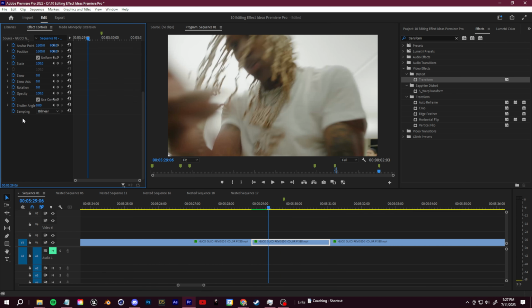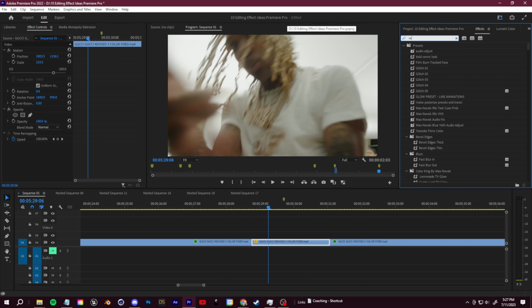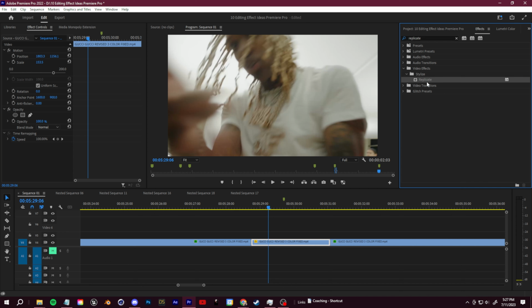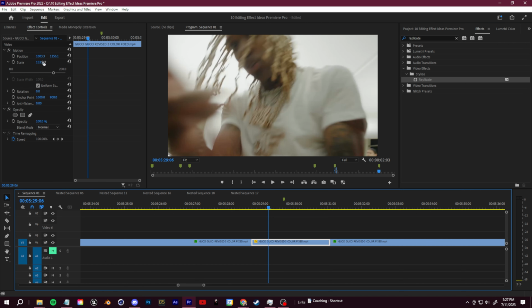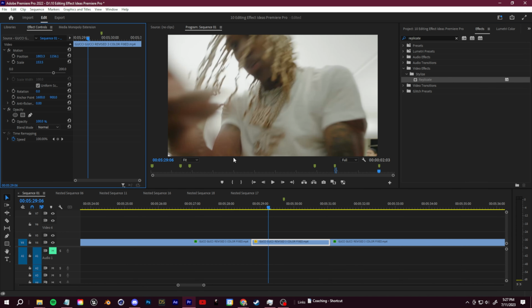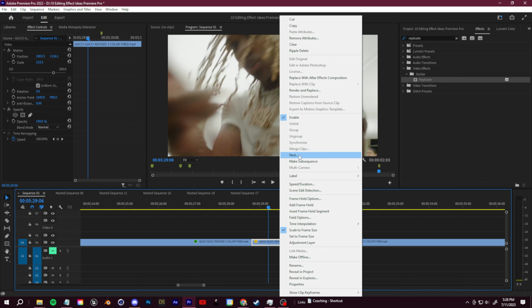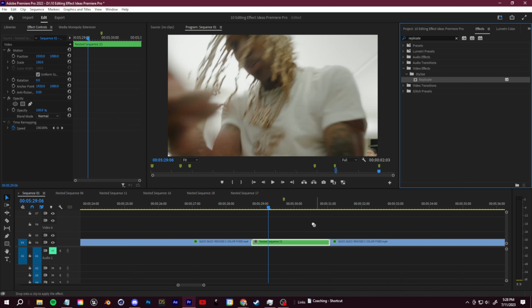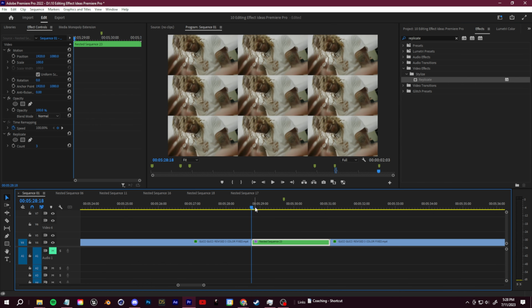So let's take away the transform and we're going to start from scratch here. What we're going to start with is the replicate effect in Premiere. So you can drop in replicate, and you see here on my footage, it actually has black bars normally. I have it scaled up, so this is what it looks like normally. So what I need to do before I apply replicate is just right click and click nest. Now you'll see when I apply replicate, we have a seamless tile start, and that's what you want to start off with. So let's change the count from 2 to 3,